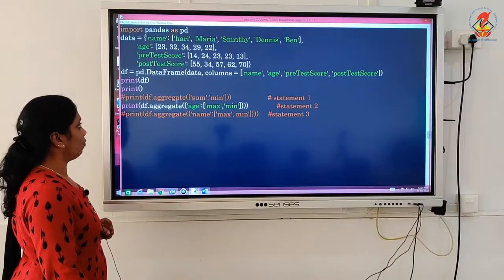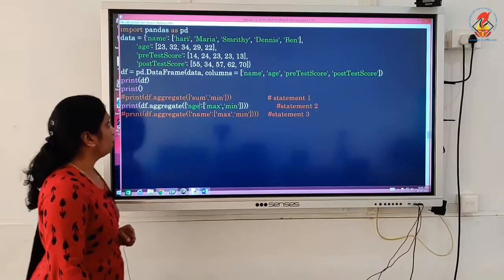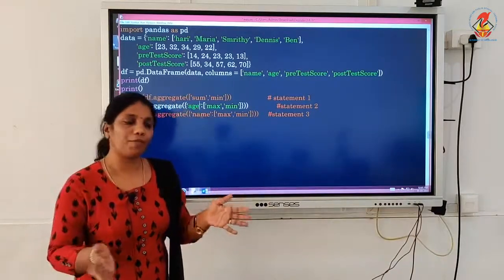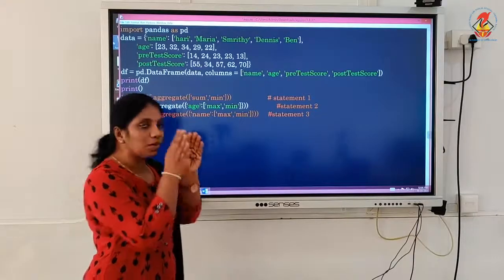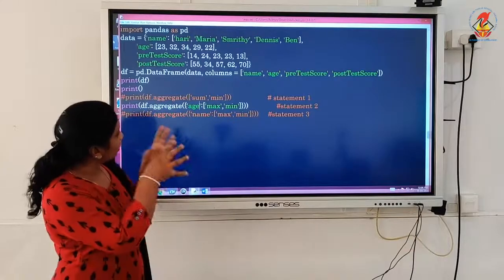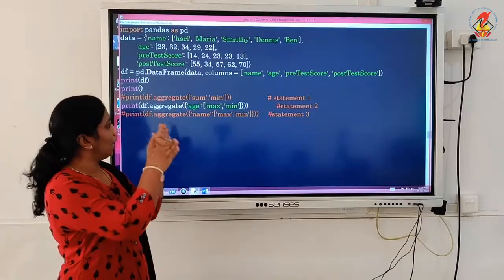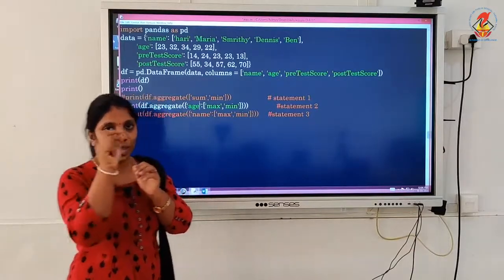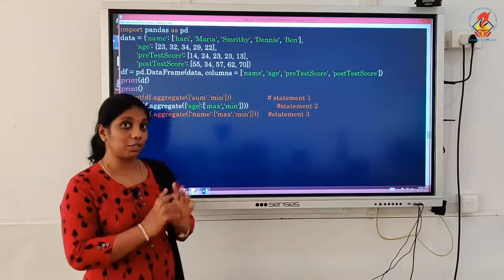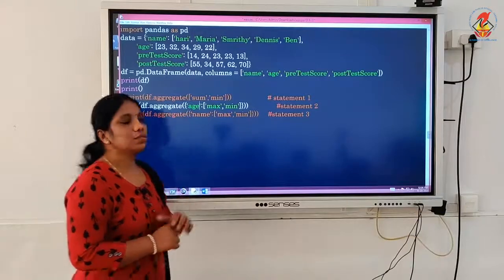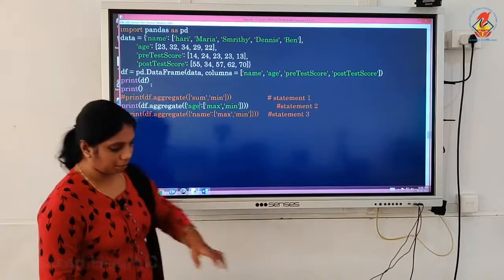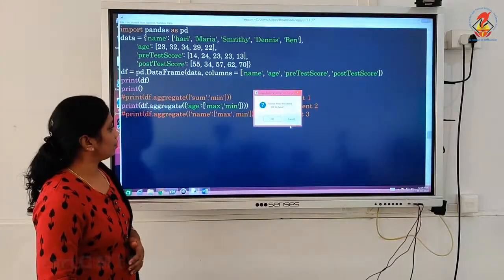So, what is the difference between the first one and the second one? The first one applies to the whole entire data frame. The second one applies to a specific column. So, for that you are recreating it here with the help of this dictionary style, age being that particular key and max and min being the values inside that. That is how the dictionary is created. And of course, you know what max and min do and how the output will be. But still we will run and see.